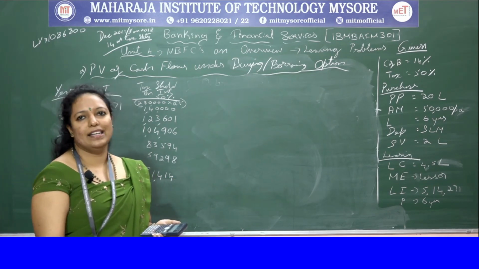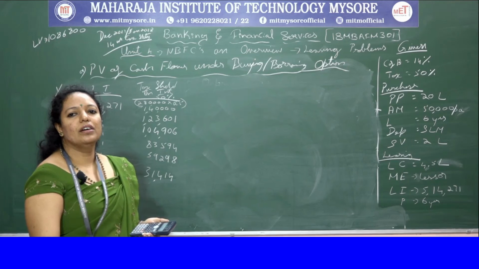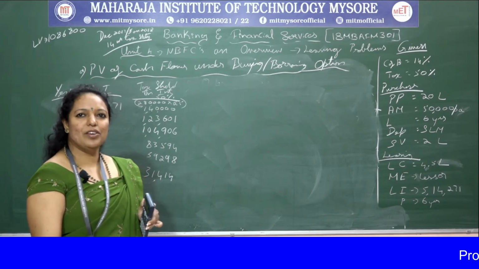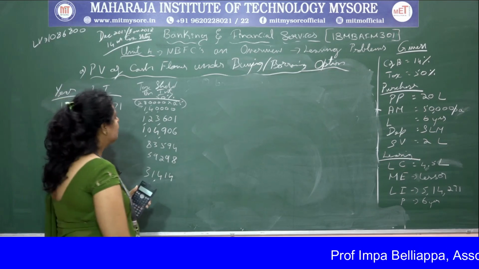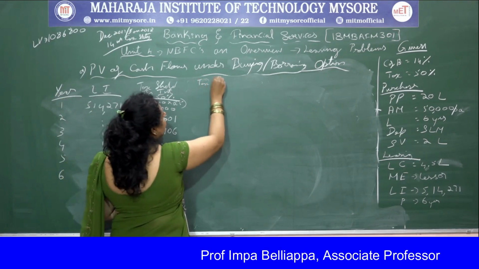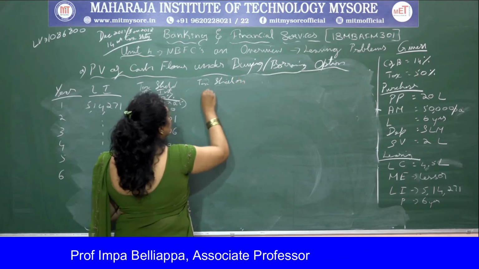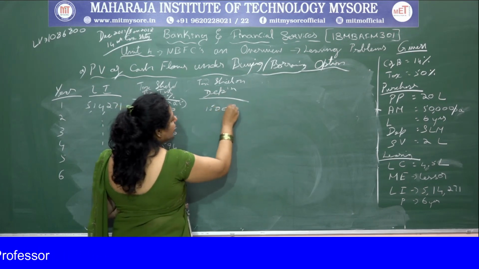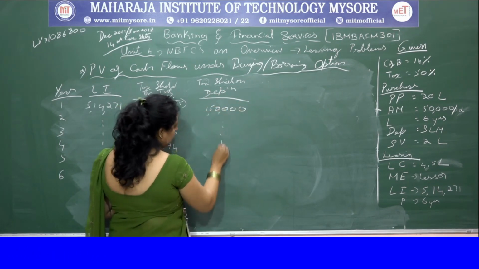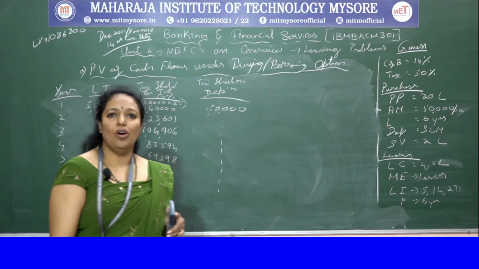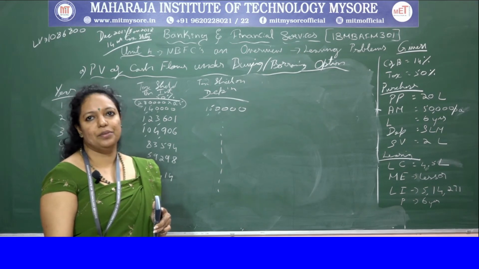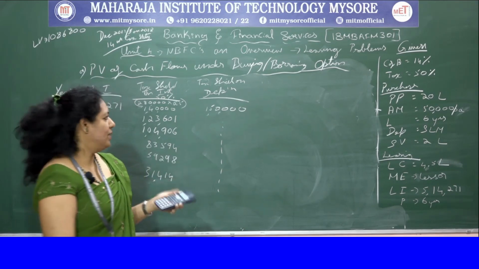We have already calculated the interest. Now you have to calculate the tax shield on depreciation. No need of calculating the depreciation, because directly we are going to put it. 1,50,000 is the depreciation which is common for all. Why common? It is common because it is the straight line method of depreciation.